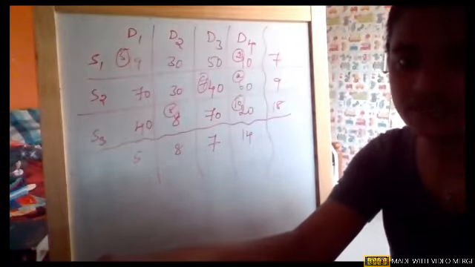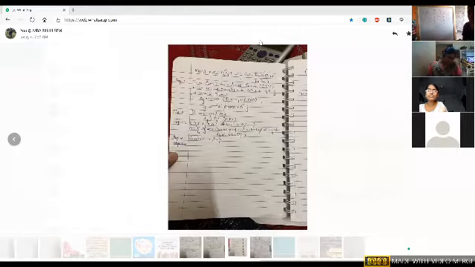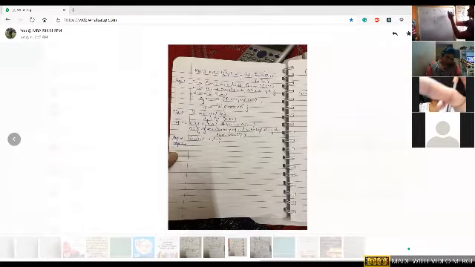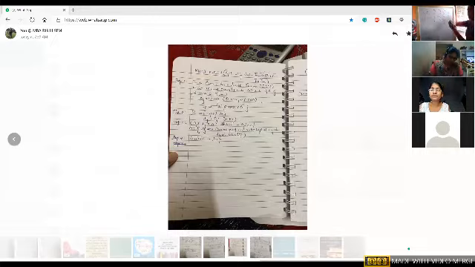Now, if you have the matrix, better I'll share the screen again. This is the algorithm for the Modi method which we are going to follow. I name the rows U1, U2 and U3 and the columns V1, V2, V3 and V4.